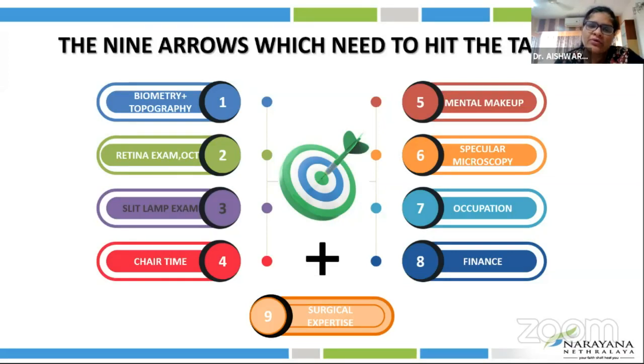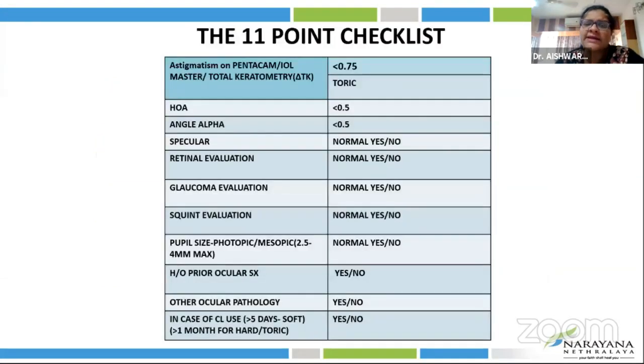But with these 9 arrows, there are times when even these 9 arrows do not help us at all, and there are some fault lines which occur, and let us talk about them. Firstly, I'll take you through the 11-point checklist which we have at NN. Over here, we talk about astigmatism on a Pentacam, the IOL Master, all the total keratometry, and we decide whether